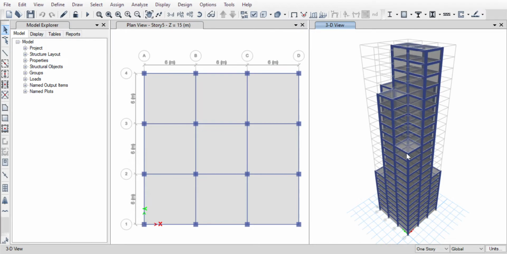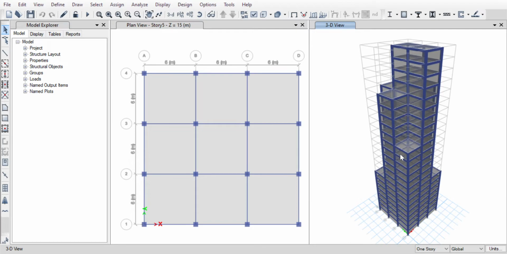Concrete used is M40 and steel used is HYSD 415, and mild steel bars as confinement. The slab is 150 millimeter thick and an auto cladding load of 0.2 kilonewton per meter, along with a dead load of 2 kilonewton per meter square, is applied. Wind load parameters for a building in Bangalore city are chosen. In this design, we have taken 3 sections of beam and 3 sections of column along with the auto select option, as the auto select option permits the program to select the best section for the element itself.